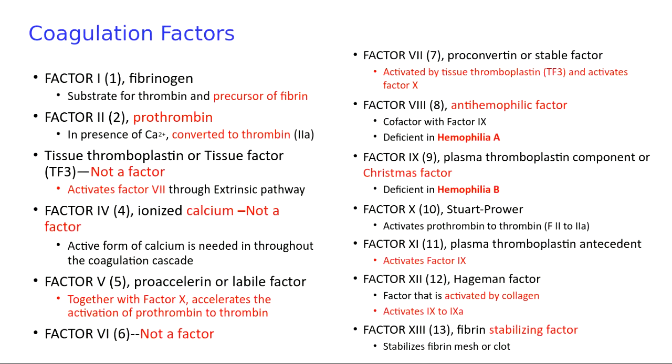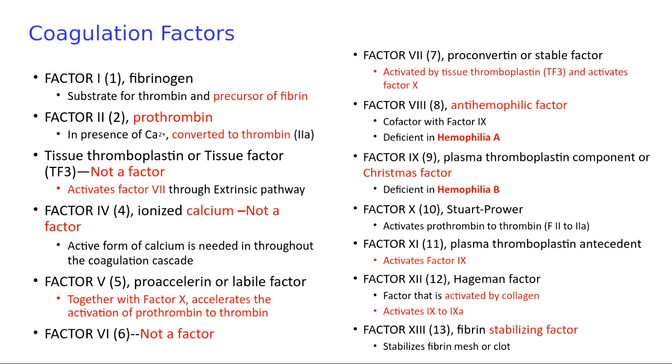So factor number 2 is called prothrombin, and in the presence of calcium, remember, ionized calcium will be sprinkled here and there so that things can happen. And then activated factor 2 will activate factor 1, fibrinogen, to become fibrin. So you can go through this slide, you'll see which ones are not a factor, and an important note,